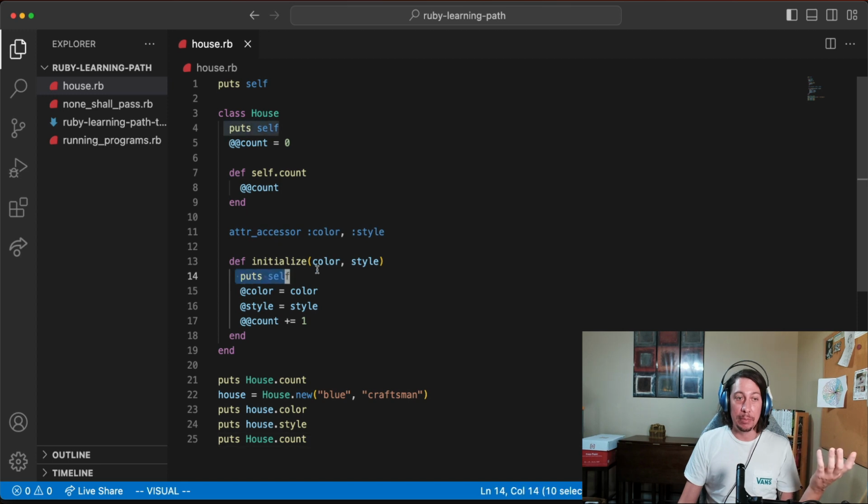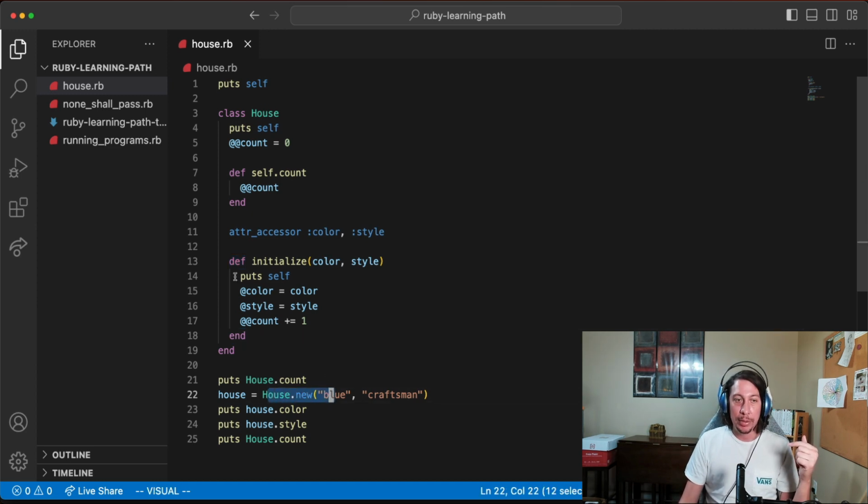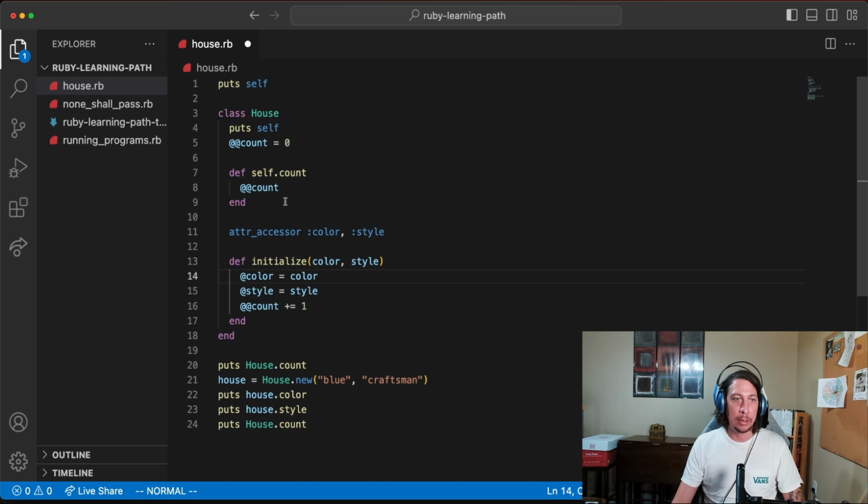The reason that this put statement here does not execute right away is because it's within this method definition context here. So it's not until we go to actually execute this method by calling the new method here that the code inside the method body actually gets run. Now, one thing I also want to touch on real quick, actually let me go ahead and delete these puts